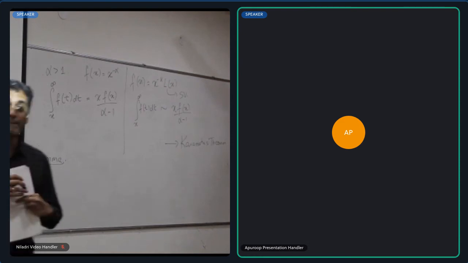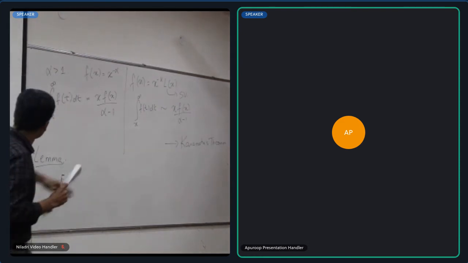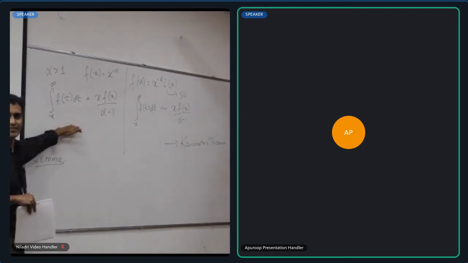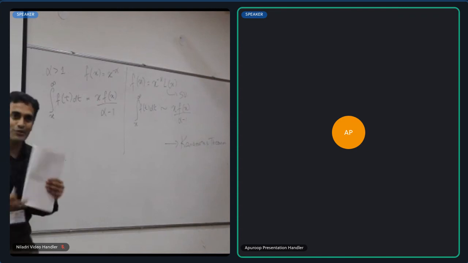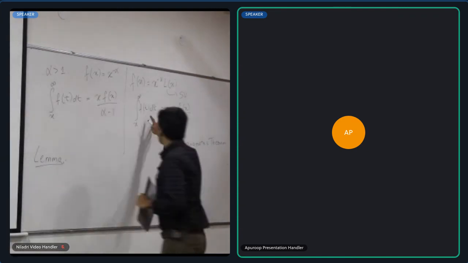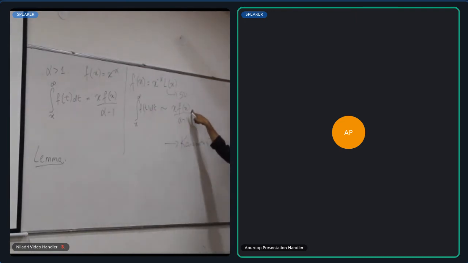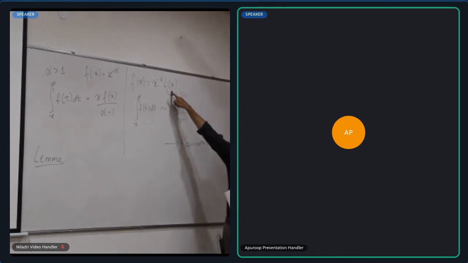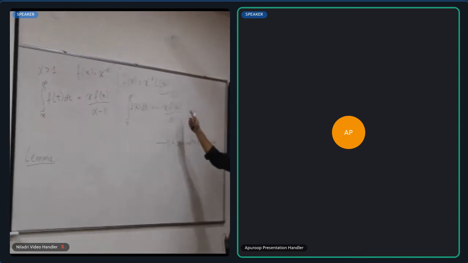Which part is it? Left? The left. Left is trivial. It's the right. That is how to play with the slowly varying function and how to pull that out. Because note that irrespective of L of x, the same L of x is showing up here, right? Because f includes the L. So it's not like there is a different L here or something. That would have been a weaker result. It's the same L, right? That's showing up.